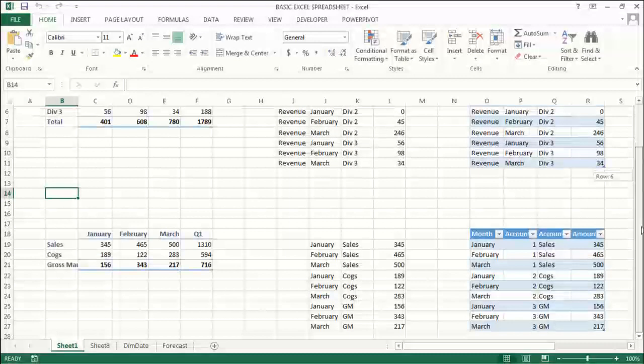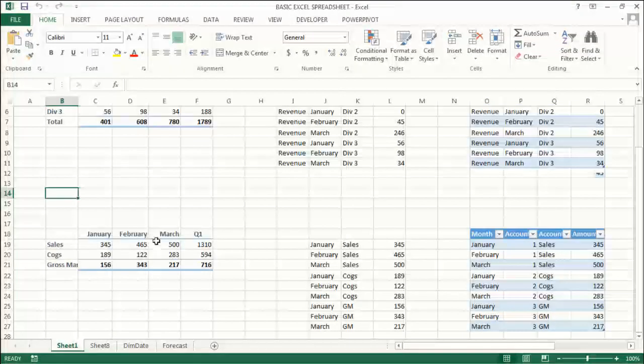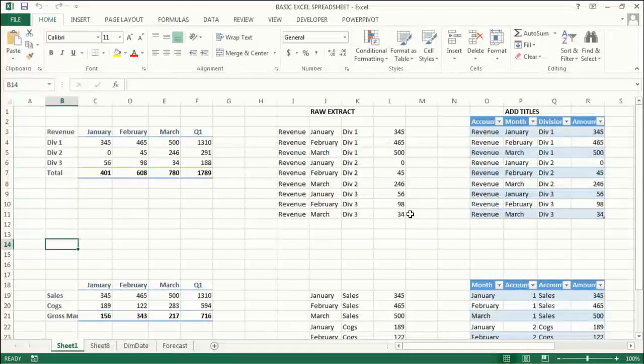If you're familiar with multidimensional, you know that we can handle as well this kind of relationship where we have a formulaic relationship going on. You can transform this, but it doesn't work very well in tabular. There are some things you can do to get it to work, but really if you want that kind of a financial reporting relationship, you probably still want to be in multidimensional. For tabular,